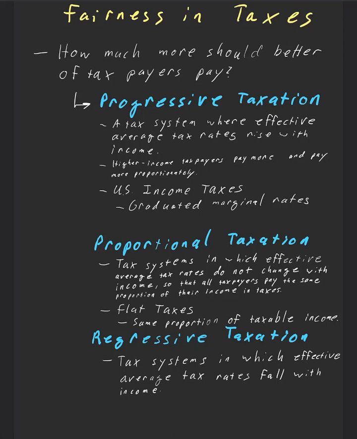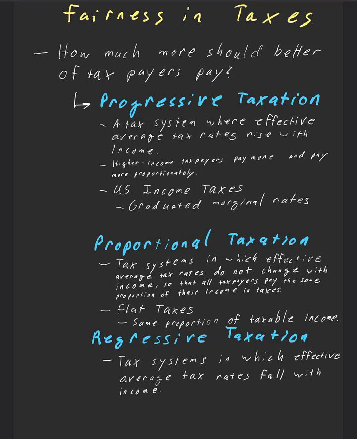So if somebody makes $100 and somebody makes $200 and we tax them both 10%, right? Then the first person pays $10 and the second person pays $20. Second person paid more, but they didn't pay proportionately more. They paid the same rate. But if we put a tax of 10% on the first person and they pay $10 and we put a tax of 15% on the second, right? And so that next person pays $30, then they paid more and they paid proportionately more. So the rate has to go up.